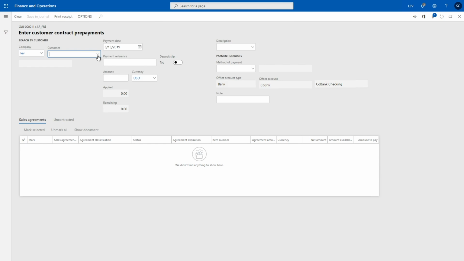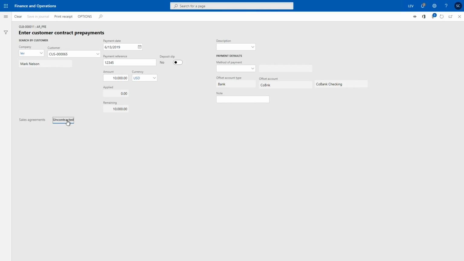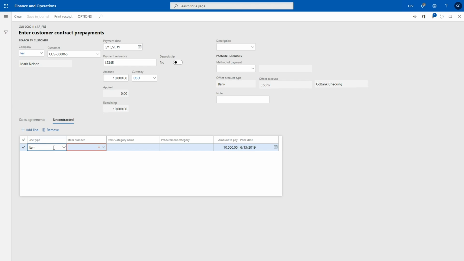And what we're going to do is we're going to select Mark Nelson as the customer, we're going to reference his check number that he has, and we're going to put the amount, in this situation $10,000, that he would like to actually put on deposit. Now Mark has told us that he does not have any sales agreements, but would like to make it so that any time that he purchases corn, that prepayment would be applied against that particular product as it's processed within our environment. In order to do that, we go into the uncontracted section here, we add a line, and because